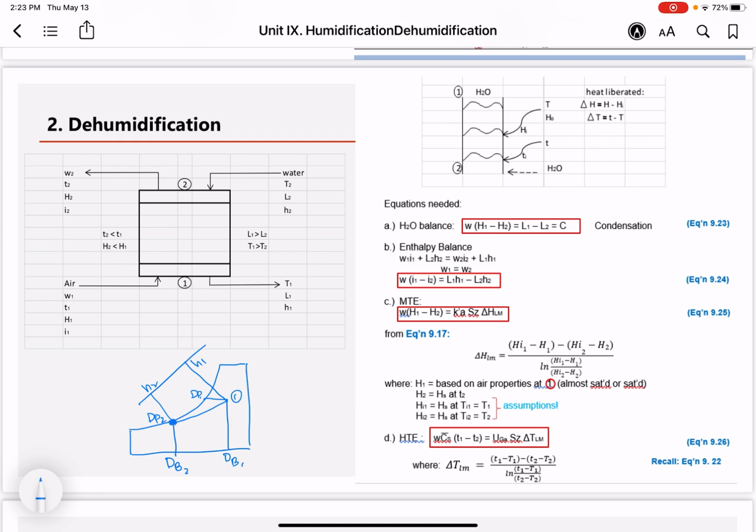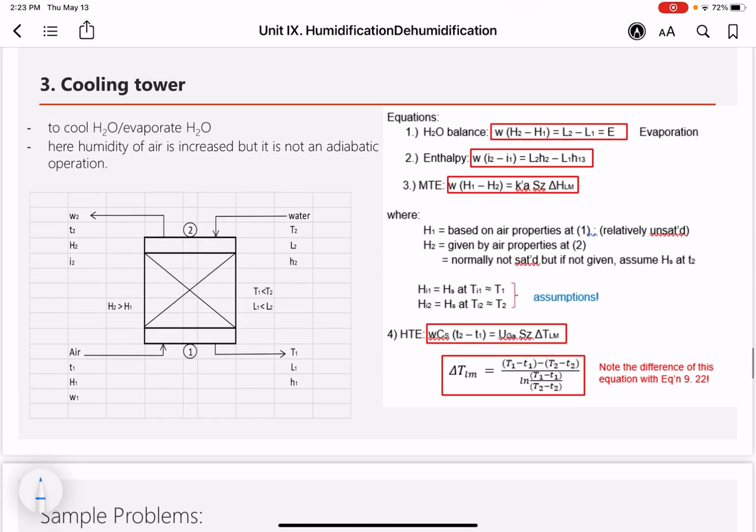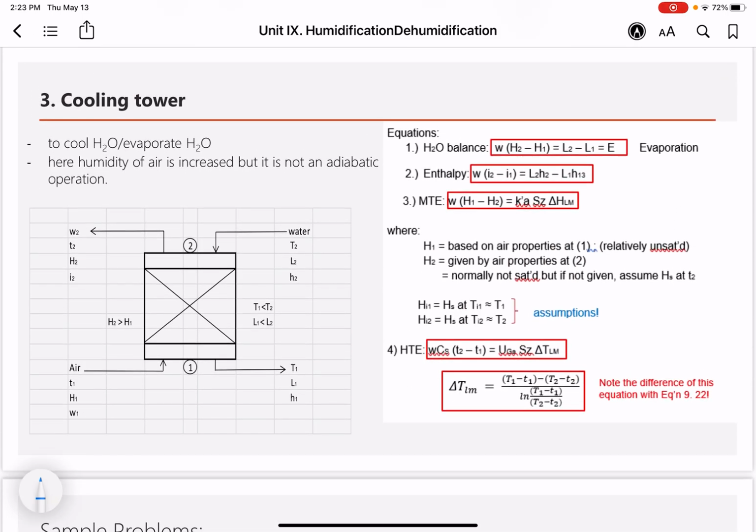Again, I'd like to reiterate that at 100% saturation, the wet bulb temperature, the dew point, and the dry bulb are all the same. Okay, so you have here the governing equation for the humidification, and last is for your cooling tower. Anyway, this is already laid down in your handbook. So let's just proceed to